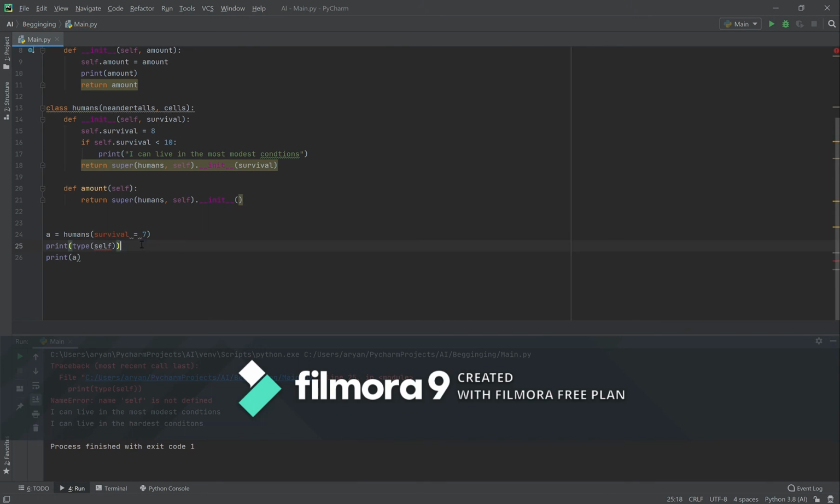Control-Z that. I'm gonna say beta. So it runs this class, it says survival, it does it in the method, and then I wanted to return this to, so the